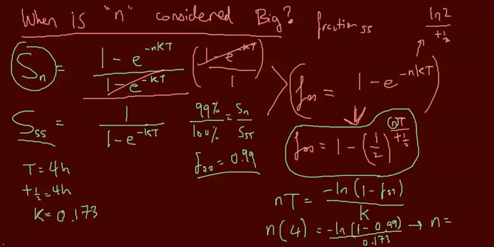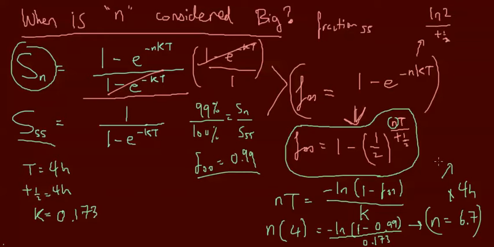So n turns out to be about 6.6, 6.7, say 6.7. So you need 6.7 number of doses for it to really be considered at steady state. This would have to be multiplied by your dosing interval to really get how much time has to be elapsed, right? So it would be 6.7 times 4 hours as our dosing interval, at t is equal to 4 hours,